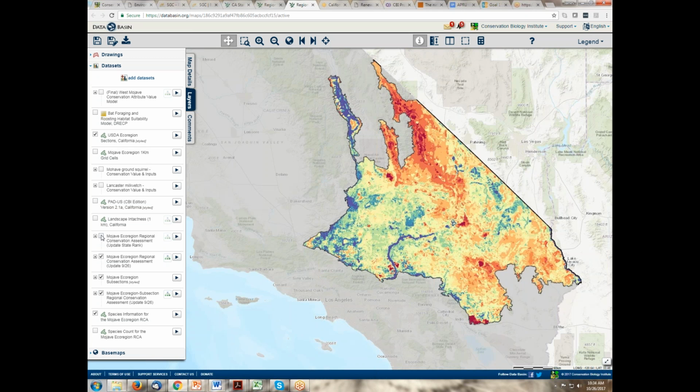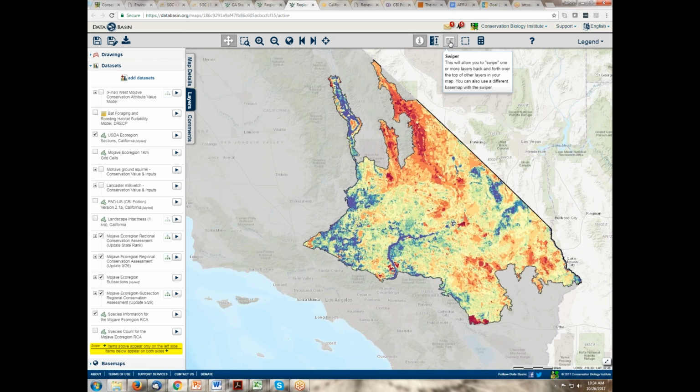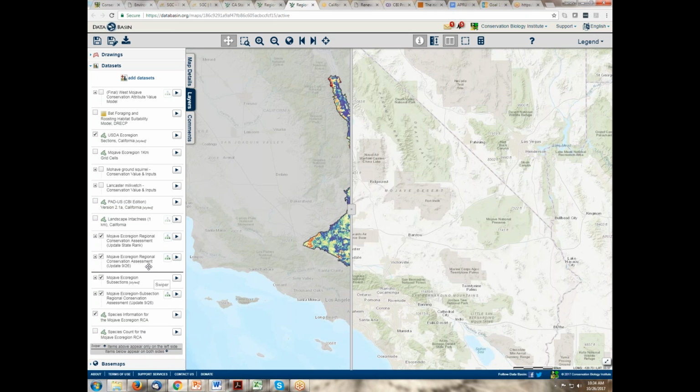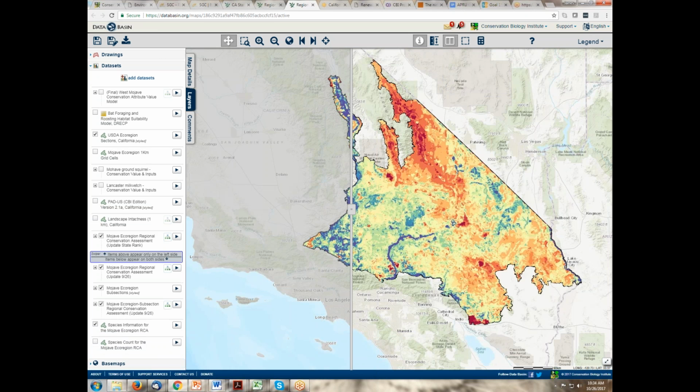Of applying the different weightings based on state rank versus this endangered, threatened, and legal status stuff. So let me show you what that looks like. It's going to be similar, but a bit different. So I'm going to put the swiper on, and I'll show you what that looks like. So hang on. The map on the right is based on legal status. The map on the left as I swipe is going to be based on state rank.